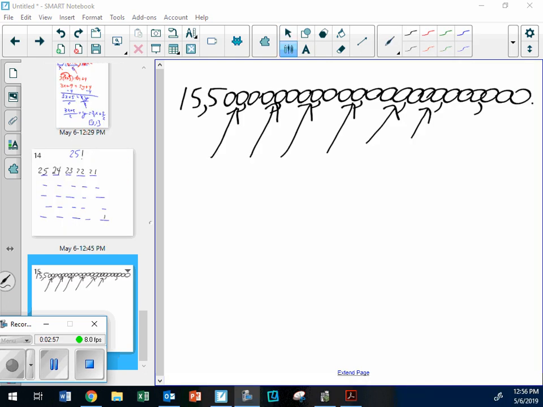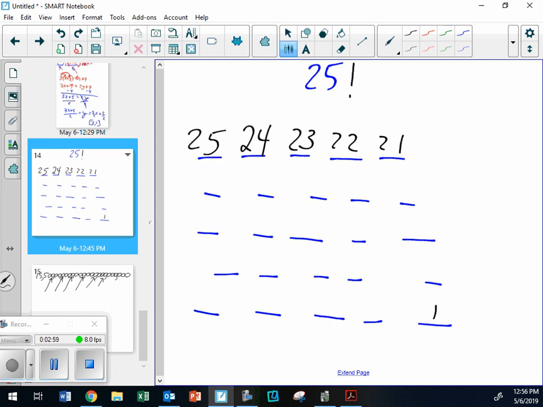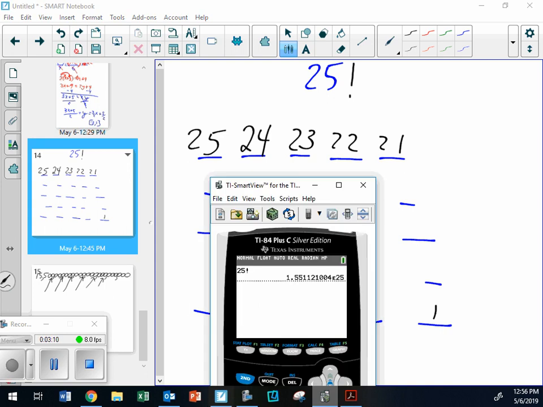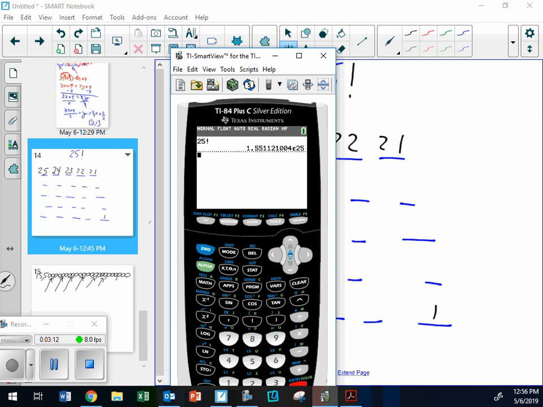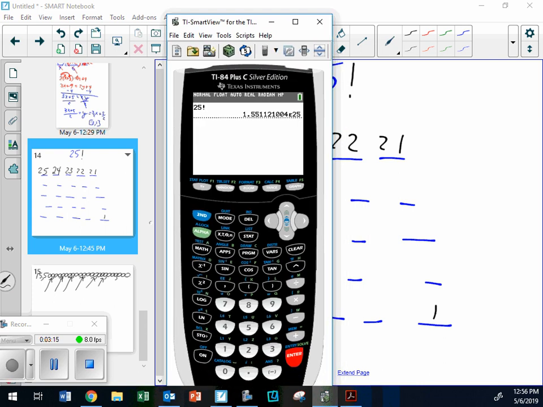Okay, so we have multiplied out 25 factorial here. 25 choices for that first spot on the bus, then 24 times 23 times 22, and that's called 25 factorial, and I showed the kids how to do it on a calculator. It's under math, PRB. I'll just type it in one more time for the calculator people, 25, and hold on a second,